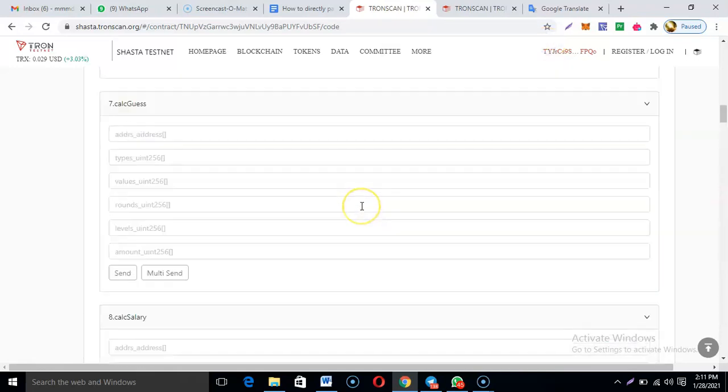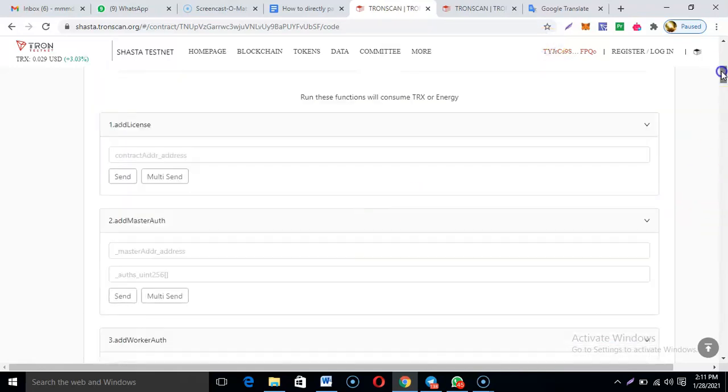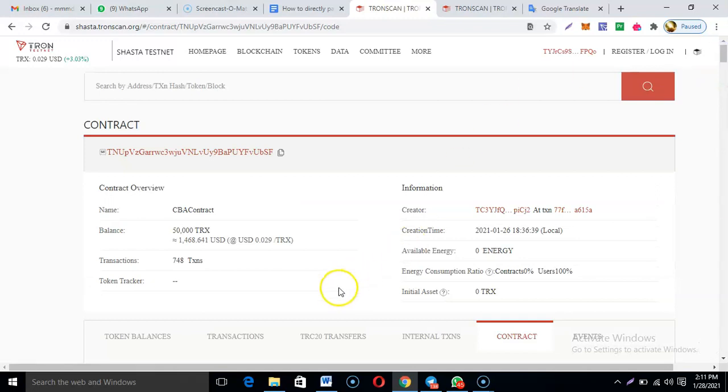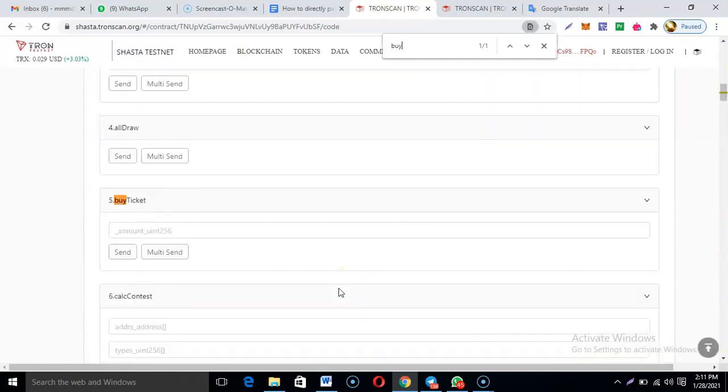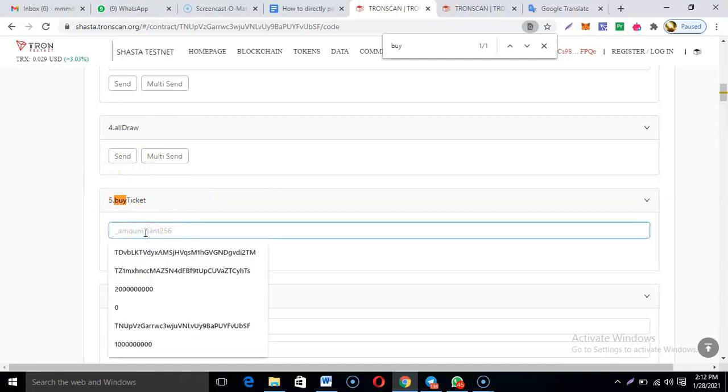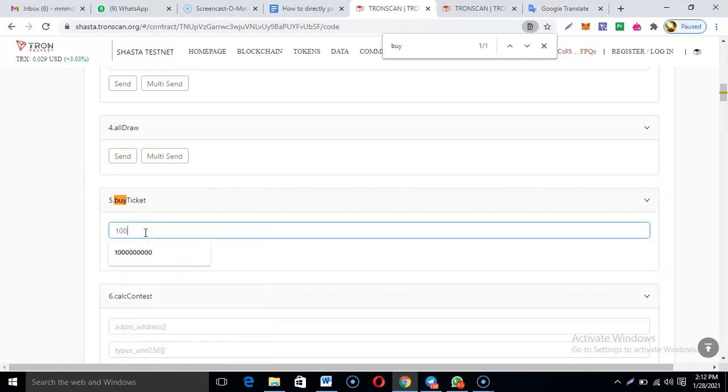Let me practicalize this here again. Okay, Control F, buy ticket. Now this is how to buy tickets. Input the amount. Let's assume I want to buy $1,000 worth of Mavro tickets. What we use Mavro ticket for in the system is